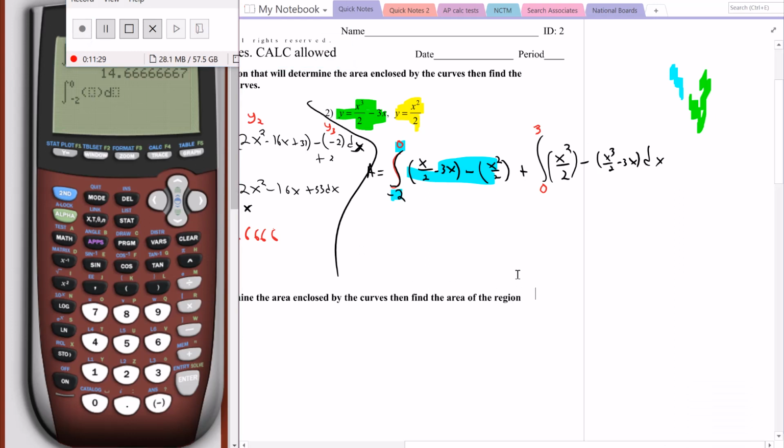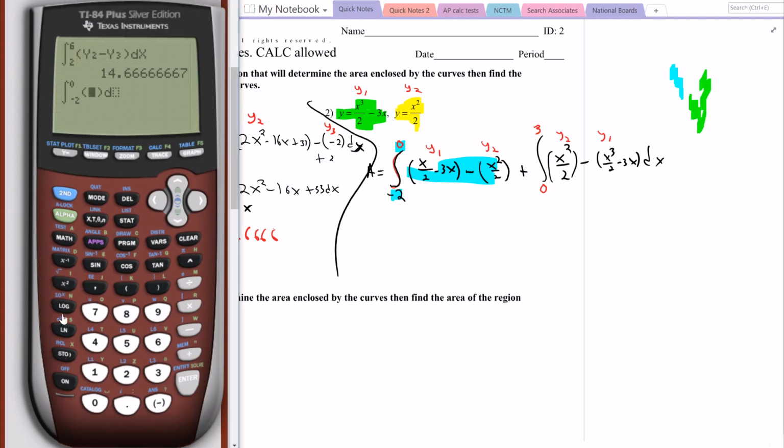Okay, so it's helpful to remember that I wrote this under y1 and this one under y2. So here's just y1 minus y2, and here's going to be y2 minus y1. It helps me from having to write all that mess in there. So I'm doing math trace y1 minus math trace y2, and then dx. We're going to add math 9, another integral from 0 to 3 of